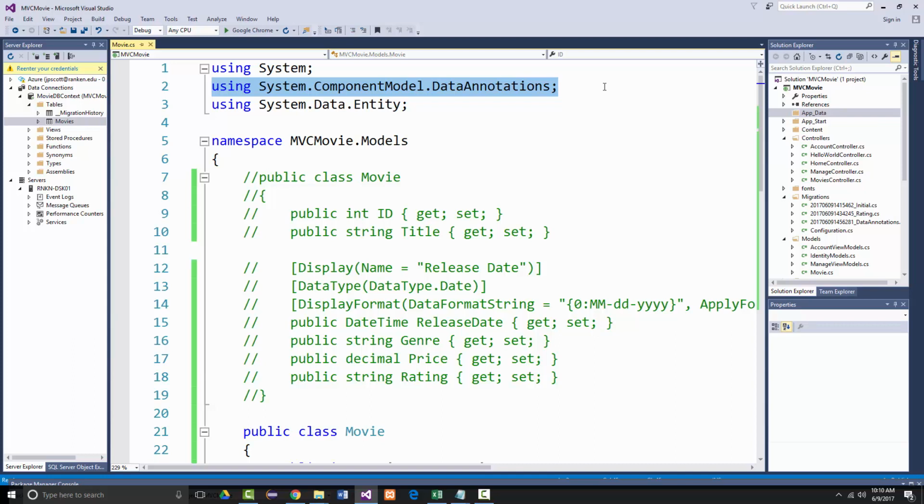The apply format in edit mode setting specifies the specified format should also be applied when the value is displayed in a text box for editing. You might not want that for some fields. For example, if it's a currency field, you might not want the dollar sign to show, commas to show, etc. You can use the display format attribute by itself, but it's generally a good idea to use the data type attribute also. And they talk about the benefits you get from this on the bottom of page 16 and the